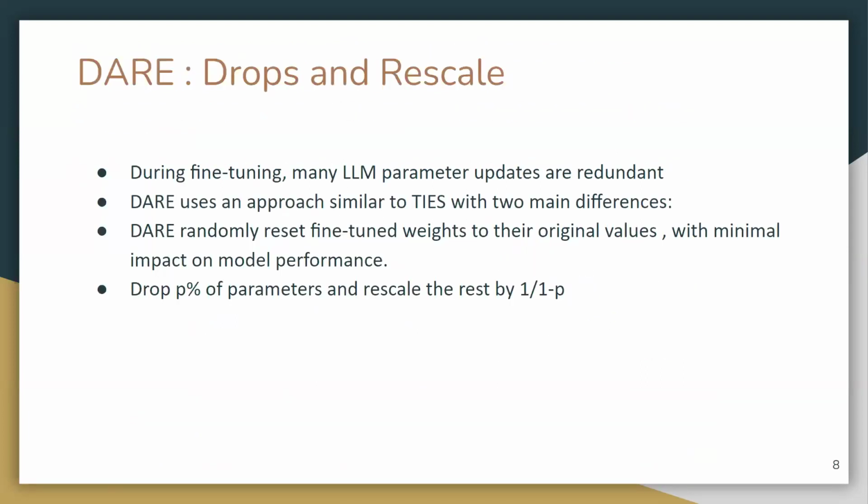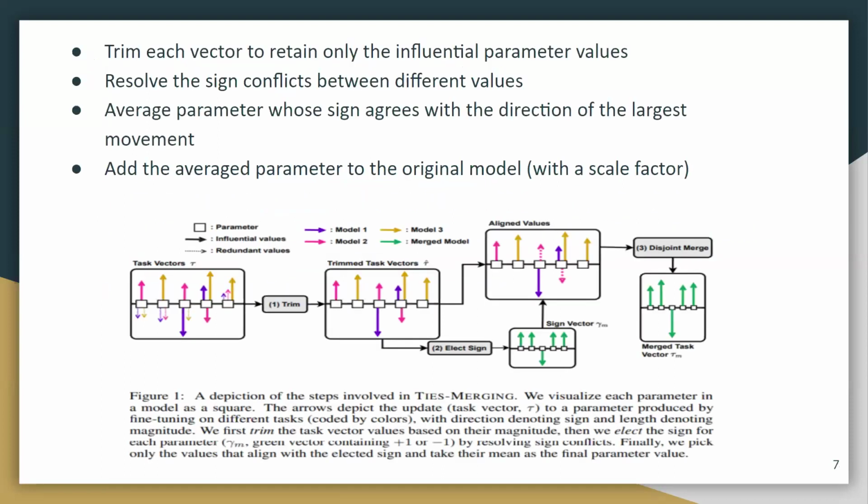अच्छा रितेश, ये कैप्शन में ऐसा लिखा है कि ये जो सेकेंड लाइन है कि दीज आर डिफरेंट वेक्टर्स प्रोड्यूस बाय फाइन ट्यूनिंग ऑन डिफरेंट टास्क, तो इस पेपर में ऐसा है क्या कि दिस इज ओनली फॉर फाइन ट्यूनिंग, लाइक बेसिकली मर्जिंग डिफरेंट फाइन ट्यून वर्जन्स ऑफ द सेम मॉडल, या विल इट आल्सो वर्क इफ वी हैव डिफरेंट मॉडल्स विद द सेम आर्किटेक्चर? सेम आर्किटेक्चर होना चाहिए दीदी। ये इन्होंने जस्ट ऐसा बताया होगा कि वी कैन हैव डिफरेंट मॉडल, बट आर्किटेक्चर सेम होना चाहिए। अच्छा अच्छा, ठीक है। नंबर ऑफ लेयर्स डिफरेंट हो सकते हैं। नहीं। ओके।